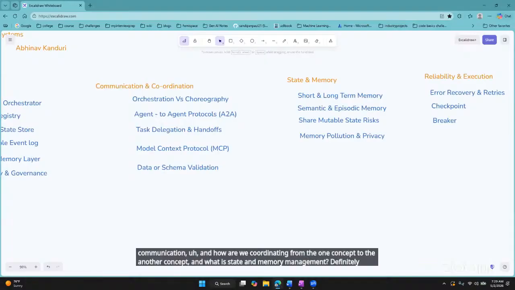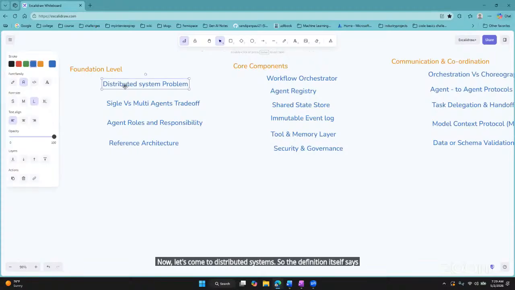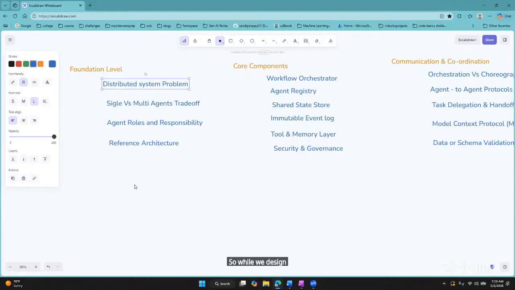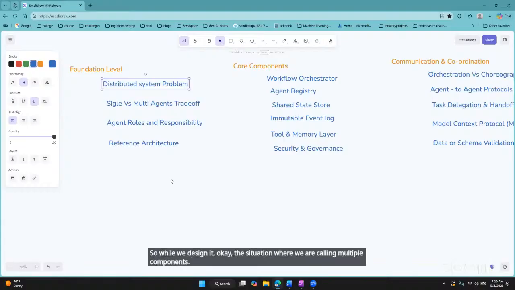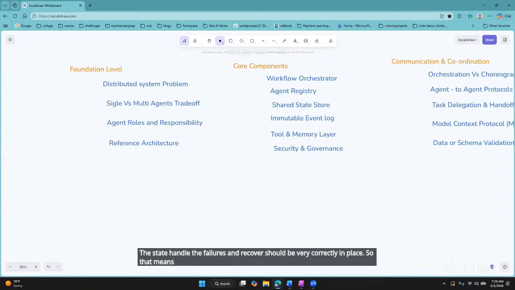Definitely, these are the pretty common things that we need to take care of. Now, let's come to distributed systems. The definition itself says that while we are designing, we are calling multiple components running independently, and they must coordinate the state, handle the failures, and recover correctly. So that means when it comes to distributed systems, especially agentic distributed systems,